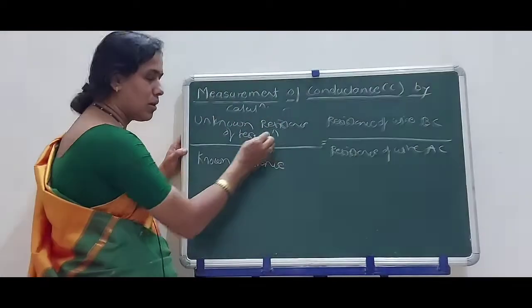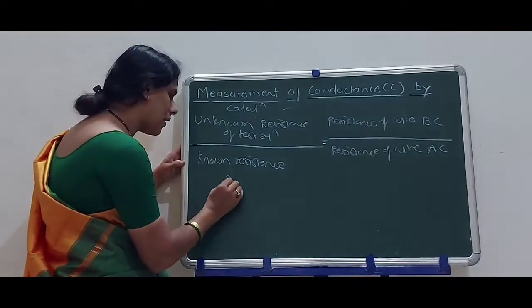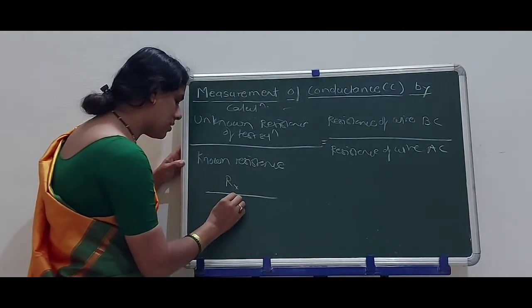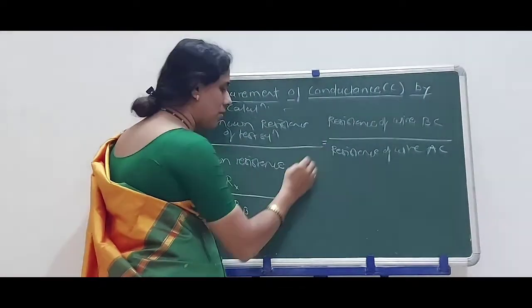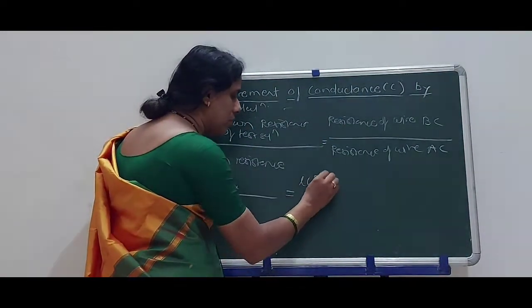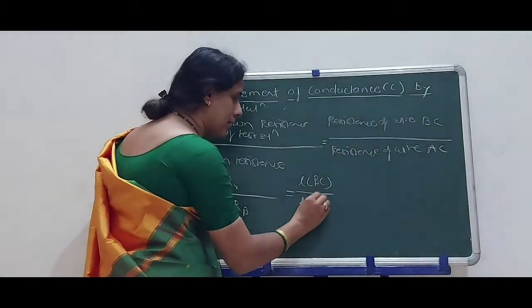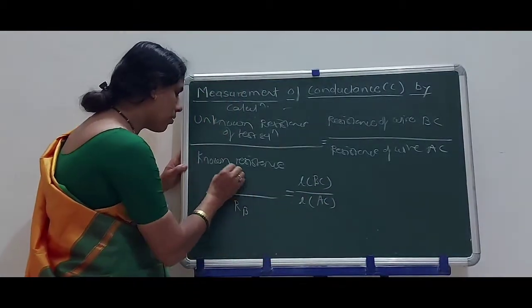What is the unknown resistance? That is Rx. What is the known resistance? We have to write here Rb, is equal to resistance of wire, that is equal to length BC divided by length AC. We have to calculate this